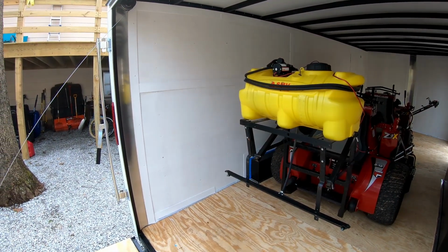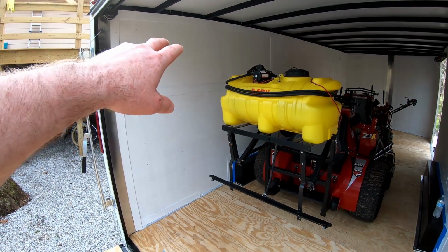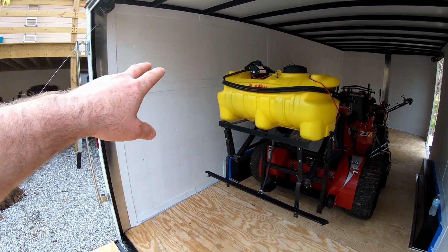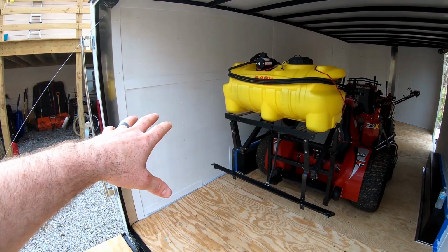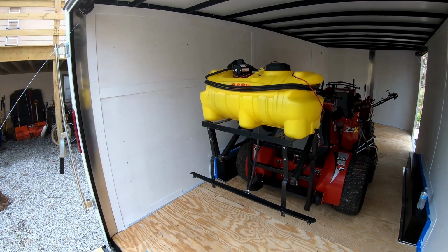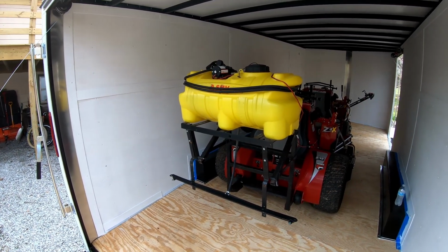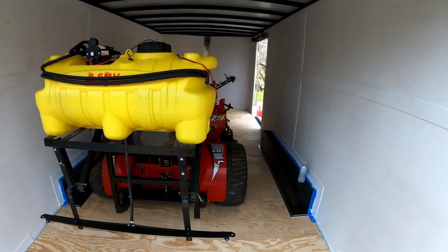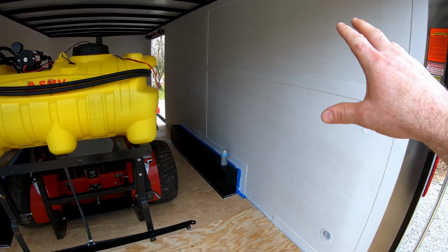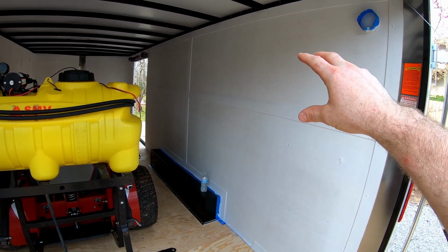So looks like I'll be able to set it up pretty much like I had my last trailer, with my backpack blowers over here. Probably won't put the handheld blower in here. We're thinking about just solely using the backpack blowers and leaving the handheld out of the setup. We'll see about that as the season gets started. Obviously probably have the trimmers over here, so I need to go ahead and measure out where they're gonna sit,